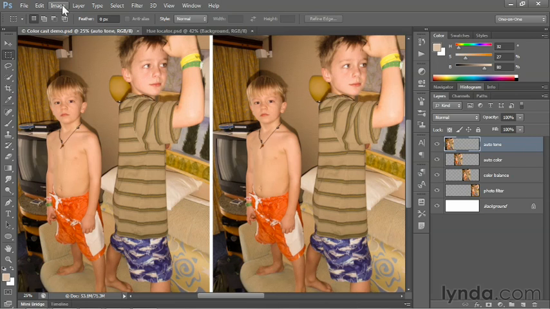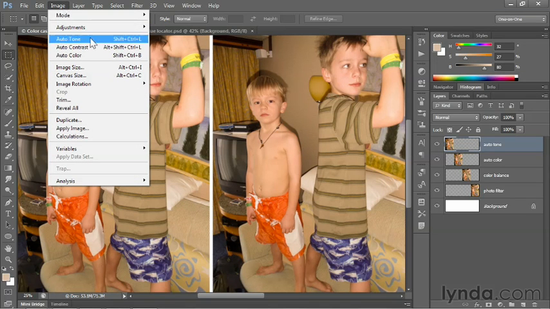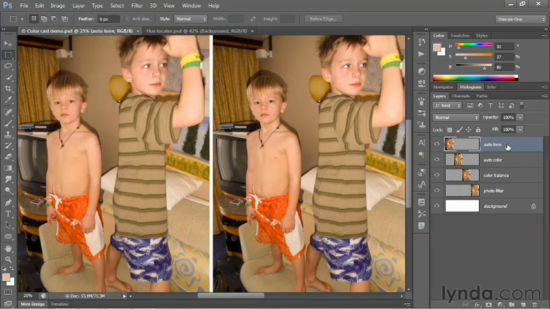We'll start things off by taking a look at the behavior of the auto commands here in the image menu, and those are the commands that I introduced you to in the previous chapter. As you may recall, auto tone and auto color correct the image on a channel-by-channel basis, and as a result, the color cast can't help but be modified, whereas auto contrast affects the composite image, so it's not going to do us any good. As you can see here in a layers panel, the top layer, auto tone, is selected,